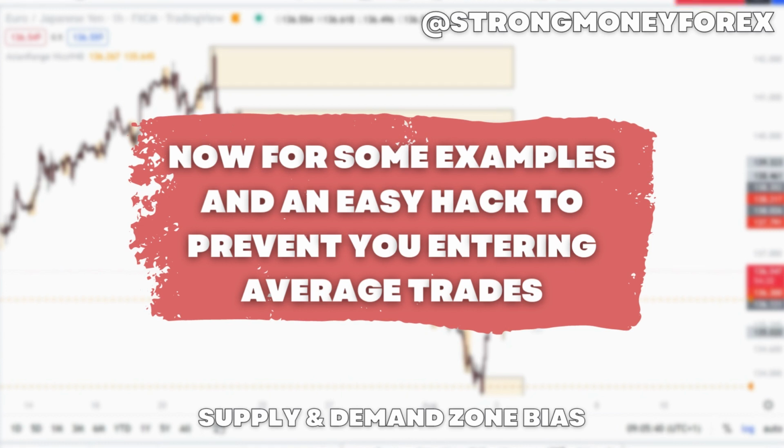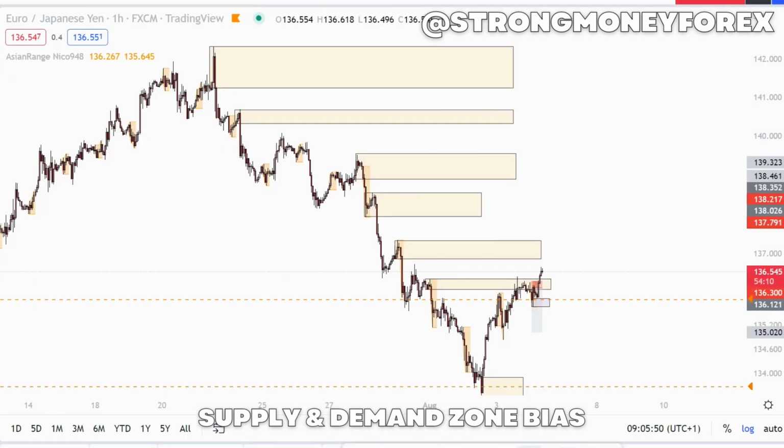So we go through another example of what we were talking about earlier, just to help you understand what we're looking for here. And I'm going to give you a bit of a hack to prevent us from falling into these traps. So again, very similar scenario. We've got a downtrend,